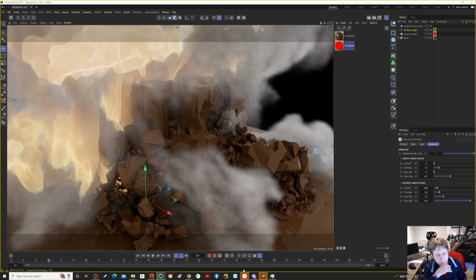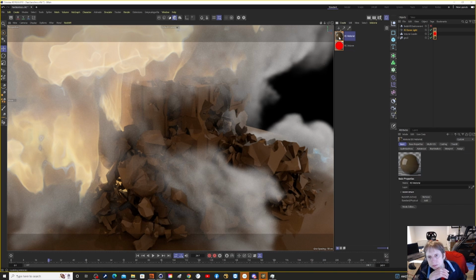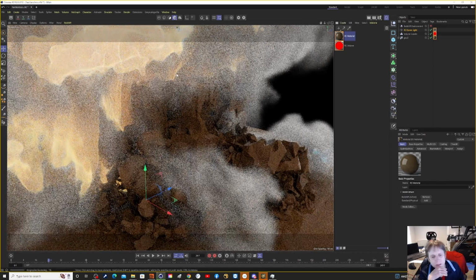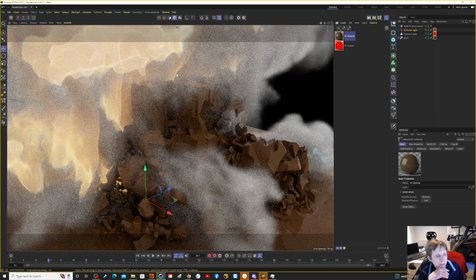What I was able to do is get a render out that's not too bad. Like I said, once I get the second wave of destruction working better. But again, one thing to be aware of, this is just a typical Redshift material. I have not put Octane back on here